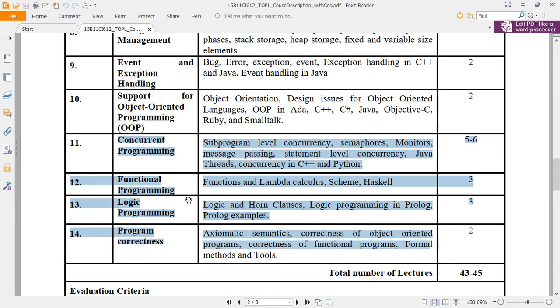These details, these concepts, we are going to see in detail and in depth in these 5 to 6 lectures. So don't miss the lectures, because this is a very important and crucial topic for our current syllabus and also for your interviews and campus placements.